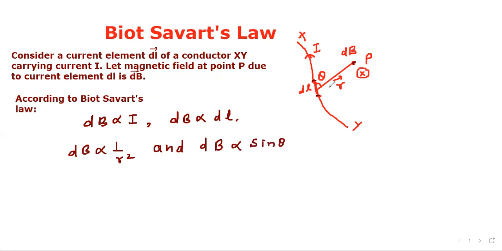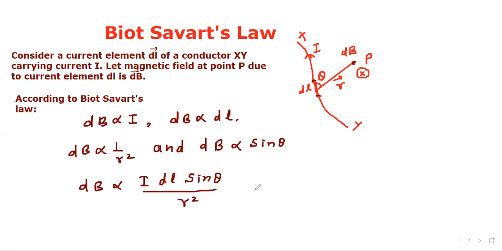Here the angle shown is the angle that vector R makes with the current element. Now, if we combine, we get dB proportional to I dl sine theta